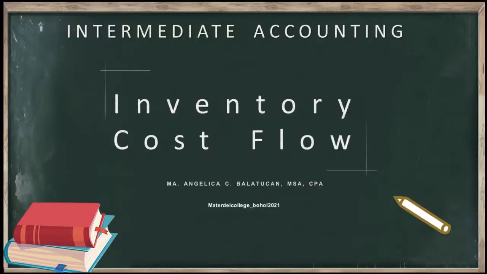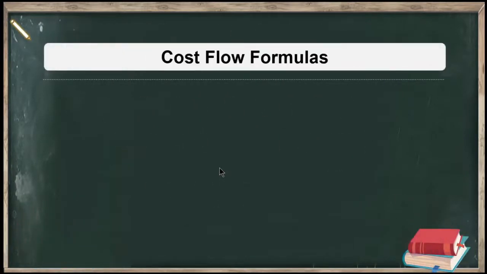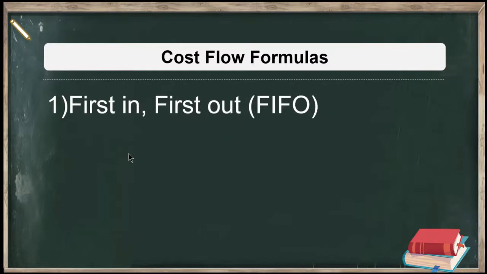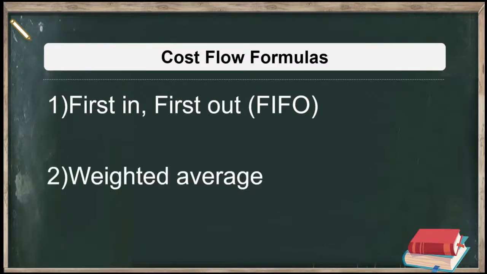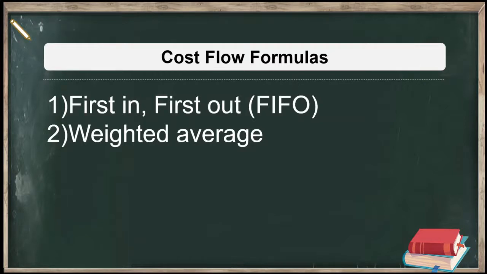So today's lesson is all about the inventory cost flow. There are two main cost flow formulas that are allowed. According to PAS 2, paragraph 25, it expressly provides that the cost of inventories shall be determined using either the first in, first out, or the FIFO, and the weighted average. So the standard no longer permits the use of the last in, first out. The focus of this lesson would be on the application of the first in, first out, and the weighted